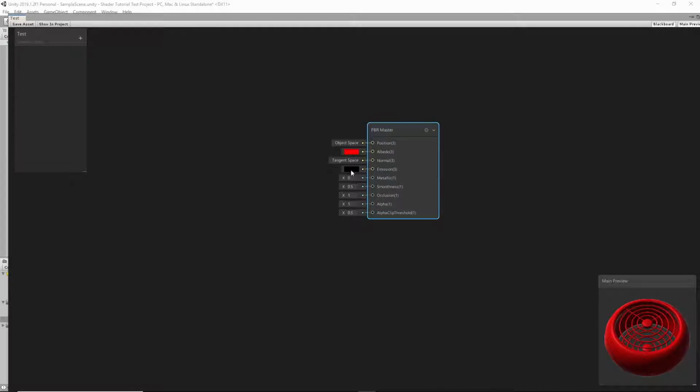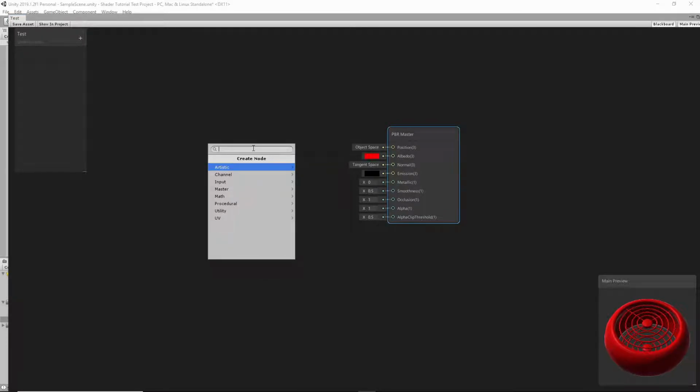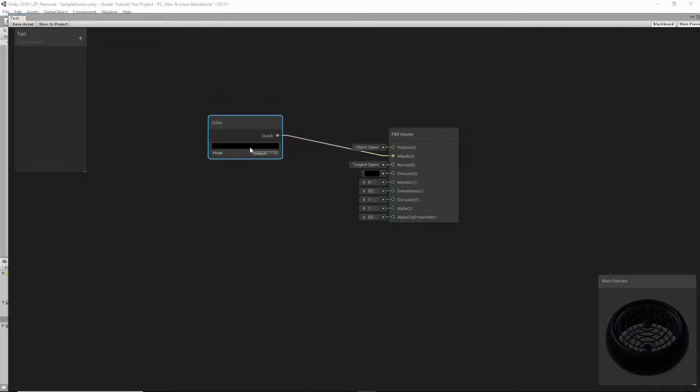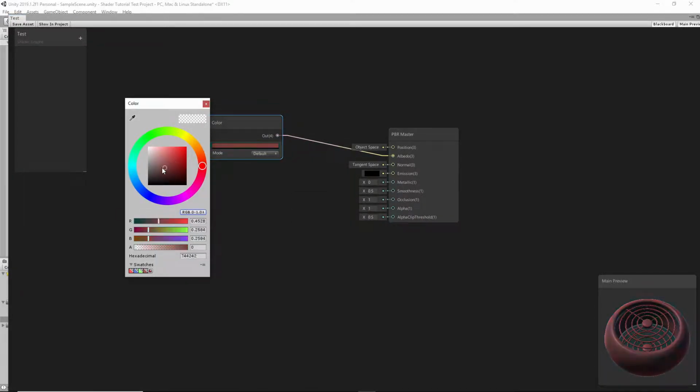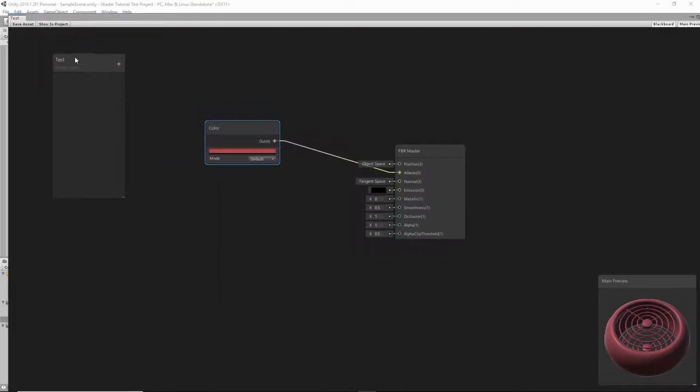So what we can do is right click anywhere and create nodes, and we can use these nodes to manipulate all these different channels in our shader. Let's just quickly create a color node, and now if I plug that into my albedo, we can update it through the node. What makes this even better is when we pull in